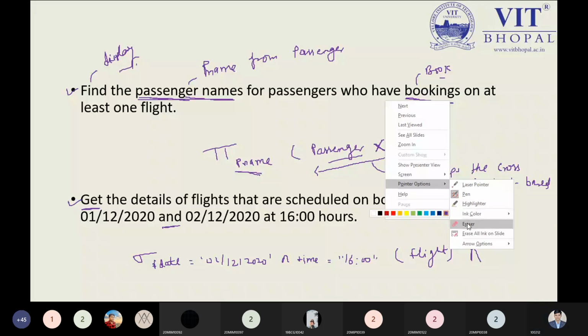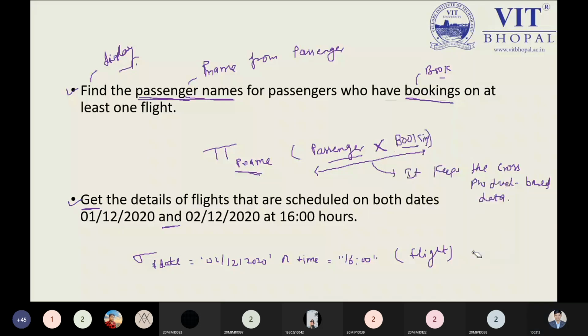Just let me write correctly. Yes, intersection will come. So let me write it like this for the and. This symbol I can use, and the same query I can write over here for f date equal to 02/12/2020 and the time 16 from flight.